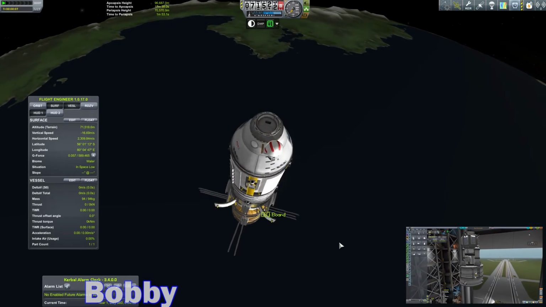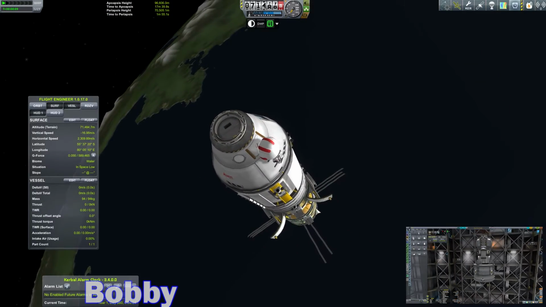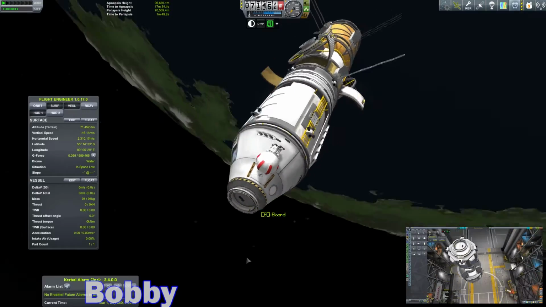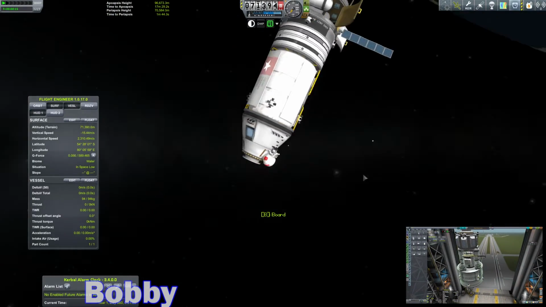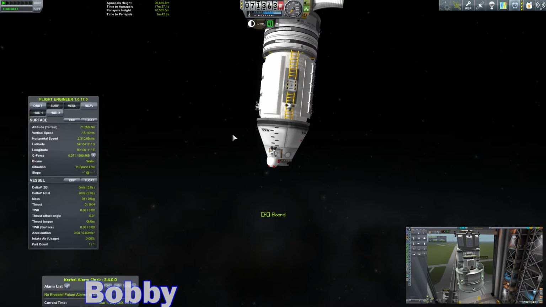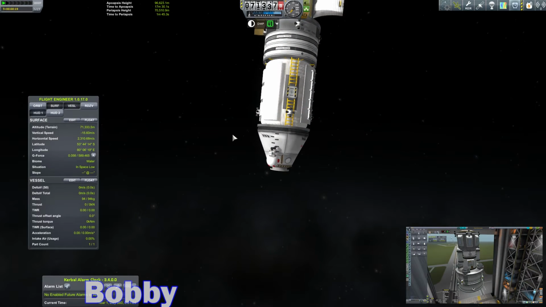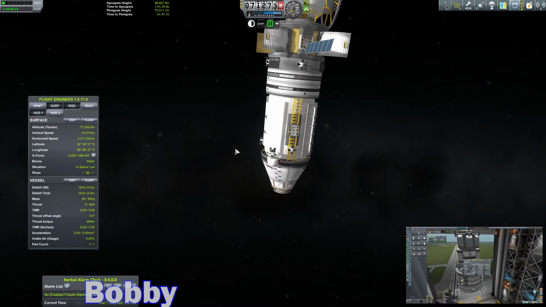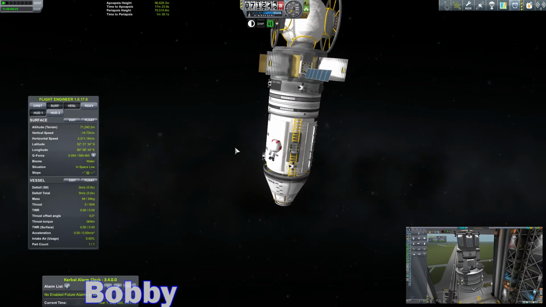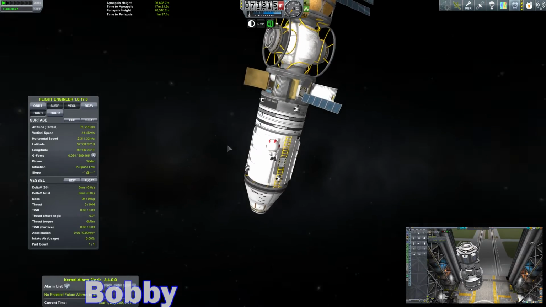Valentina, you're going to just gently walk down and we're going to... I really wish I could orientate myself so this was a little bit easier, because you're kind of upside down. Turn on your pack. And then...